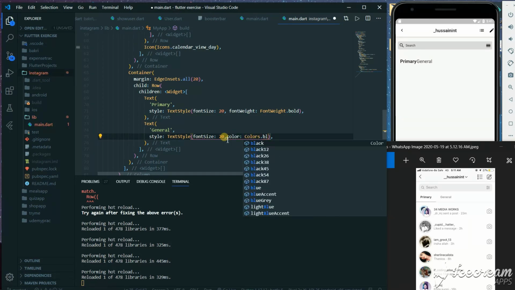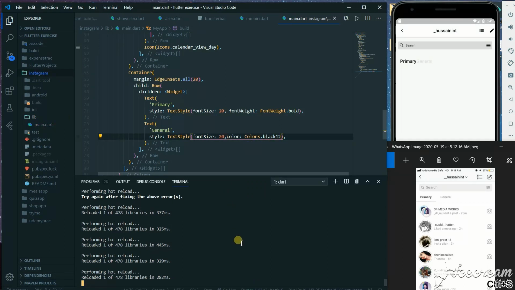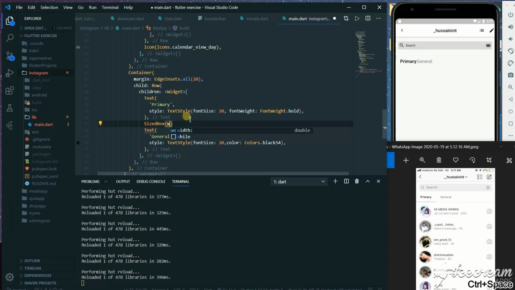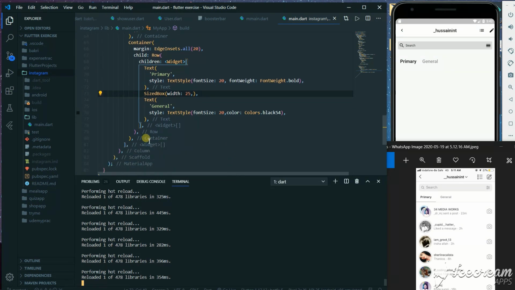But first we'll give a color to them. We'll give black color of shade 12. We'll increase the shade of the black. Now we'll give a size box of width 25 to give space between the two texts. That looks neat. Then we have a small line below it.